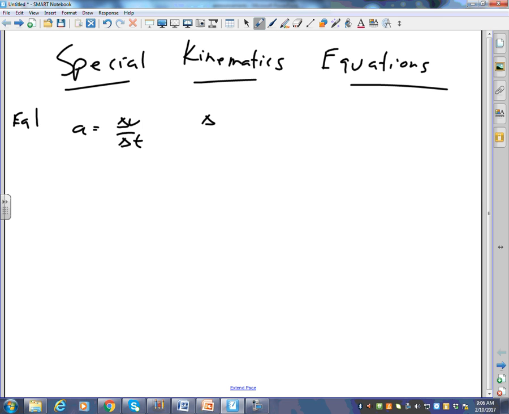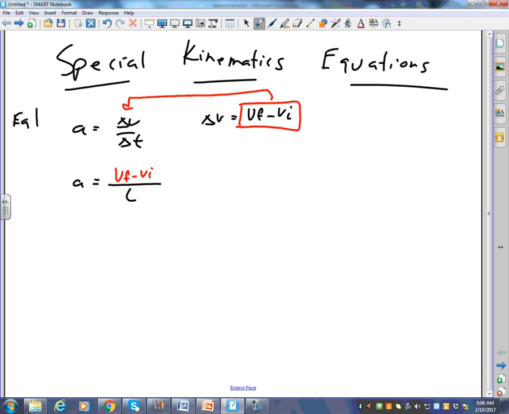Remember also that delta v is vf minus vi, right? So I'm going to take this version of delta v and put it in there, because this delta v and that delta v are the same delta v. And so now I get a equals, instead of delta v, I'll put it in red so you can see it, vf minus vi, and that's all going to be over